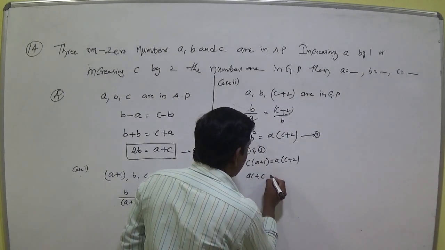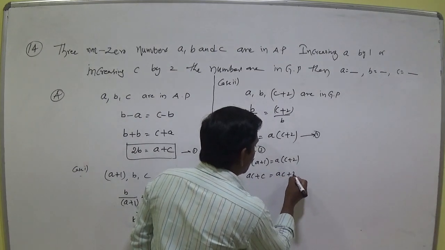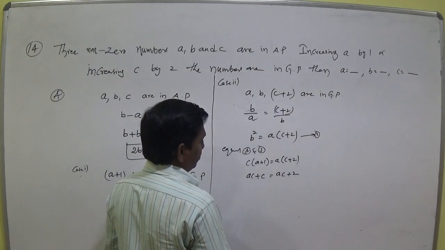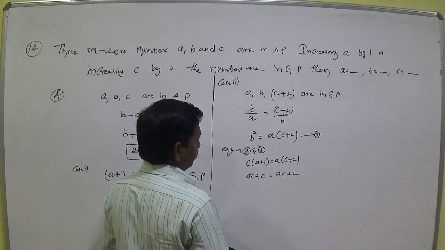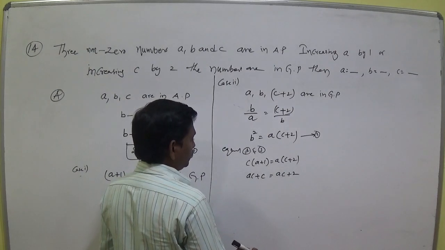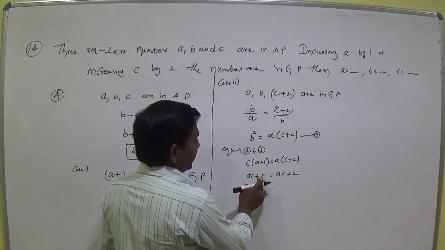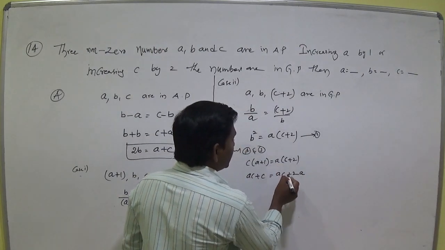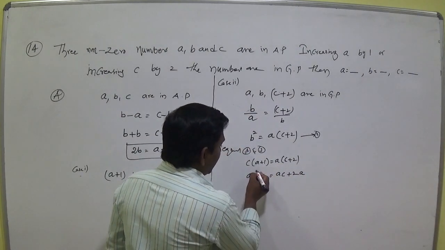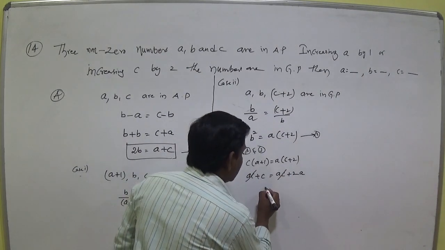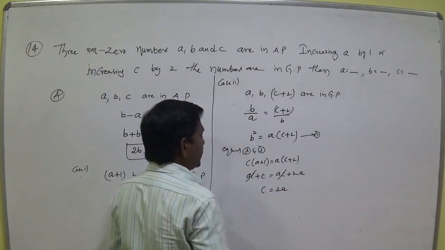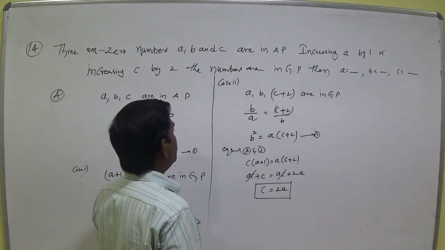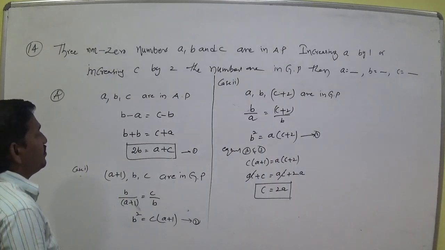ac plus c equal to ac plus 2a. The ac terms on both sides cancel. So c equal to 2a. c equal to 2a. We have got the c value: c equal to 2a, and we have to substitute it